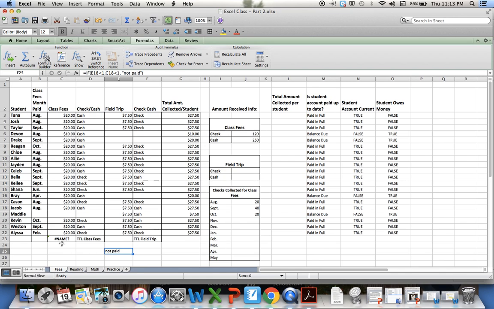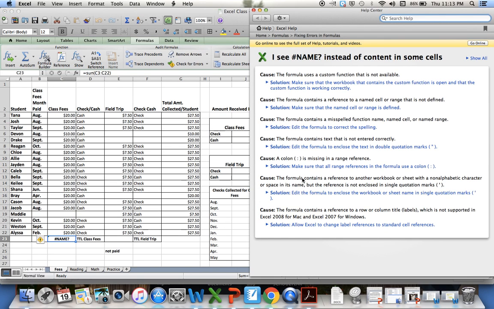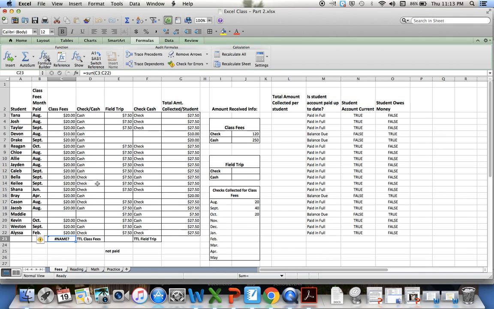So the other error message that I put in here is in calculating the class fees. So I was going to do an equal sum function, and remember it said if you have an incorrect spelling, well, I can again do my drop down arrow. I can trace it and see that it's just trying to calculate this data right here. I'm going to remove the arrows. I can ask for help on this error, and again just look at some of the things. Is it trying to name a cell that's not defined? No, that cell is defined. Anything like that. So you can just kind of look through those and see what they could be. And X out of there. And now I'm going to edit it